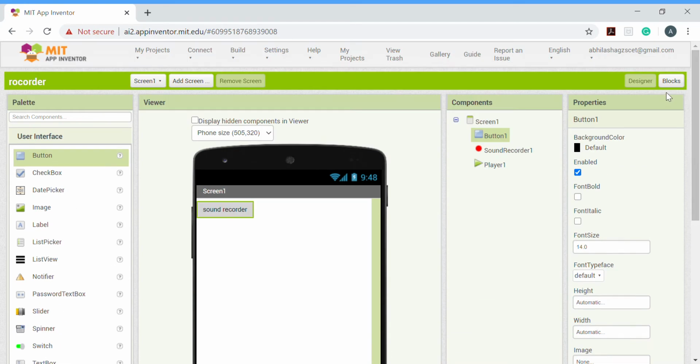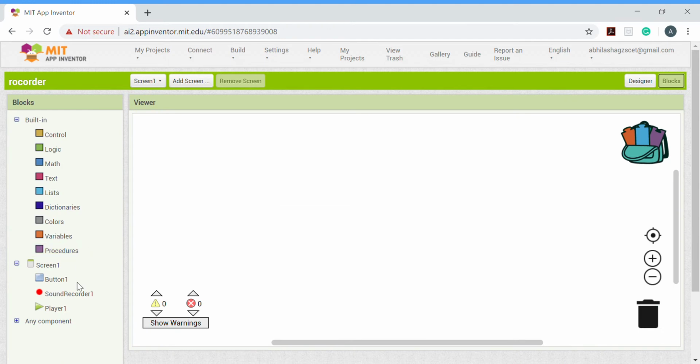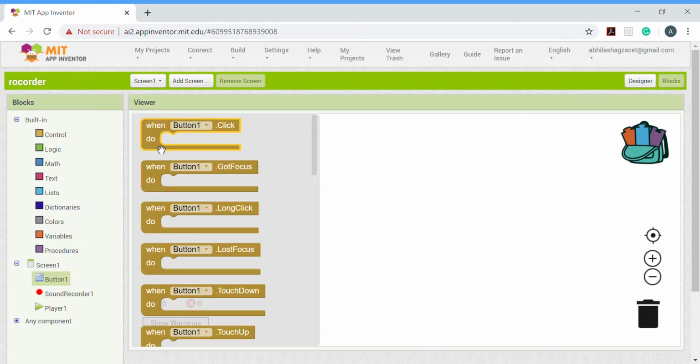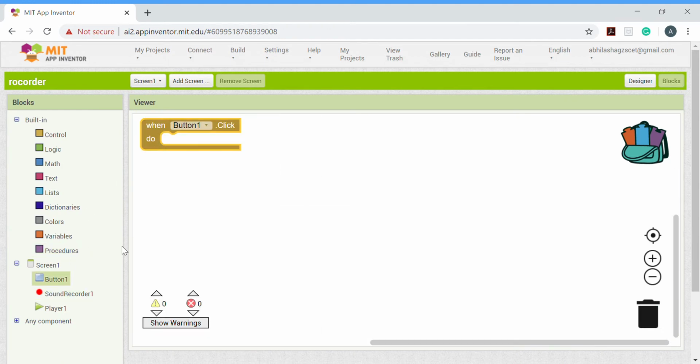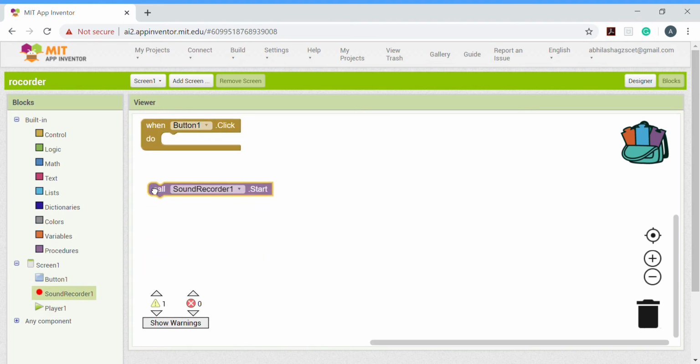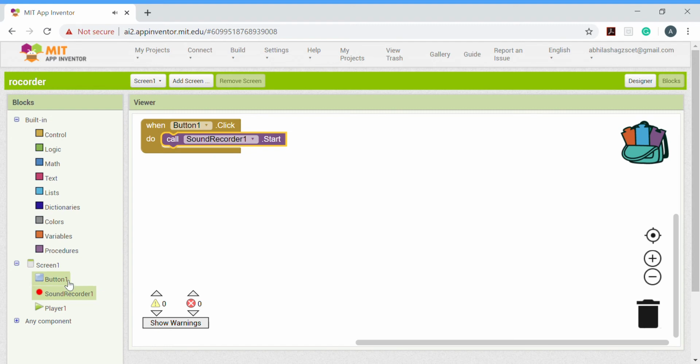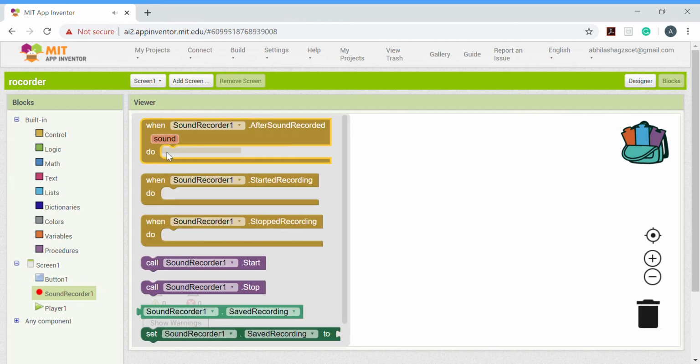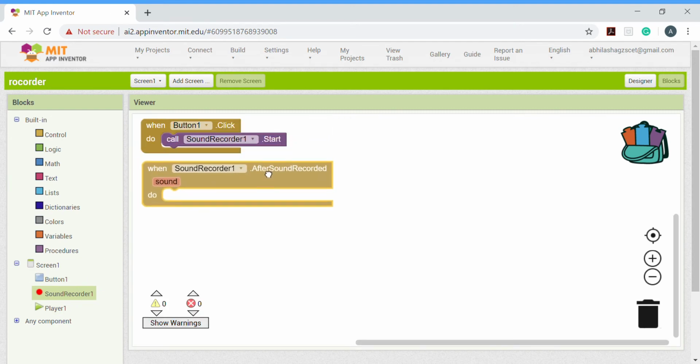As sound recorder, and then go in blocks, click on button. When button 1 click, call sound recorder start. Then click on sound recorder. After sound recorded,